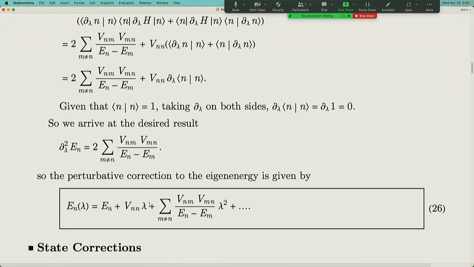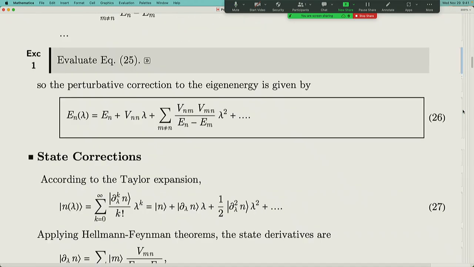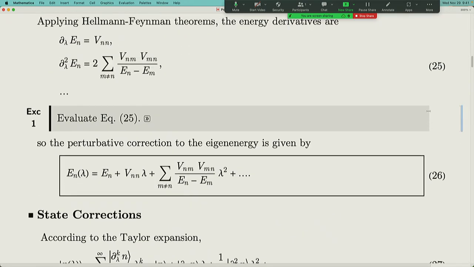And because of that, we have the final answer. And you can see the final answer is so nice that it has a summation and precisely avoids the singular point where n and m are the same and the whole fraction blows up. So using this very careful treatment, we can avoid all these singularities and then obtain the second order derivative